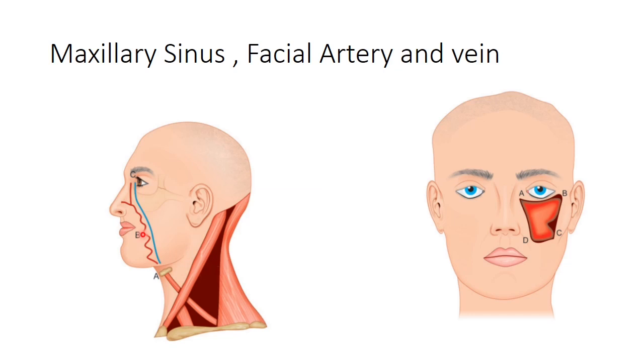maxillary sinus. Now a very important structure, the facial artery. We can see the facial artery along the base of the mandible at the anteroinferior border of the masseter, right? This is marked by 3.5 centimeter anterior to the angle of the mandible. So this is the angle of mandible, right? This is point A, 3.5 centimeter anterior to the angle of the mandible, and from point A, point B is 1.2 centimeter lateral to the angle of the mouth, right?